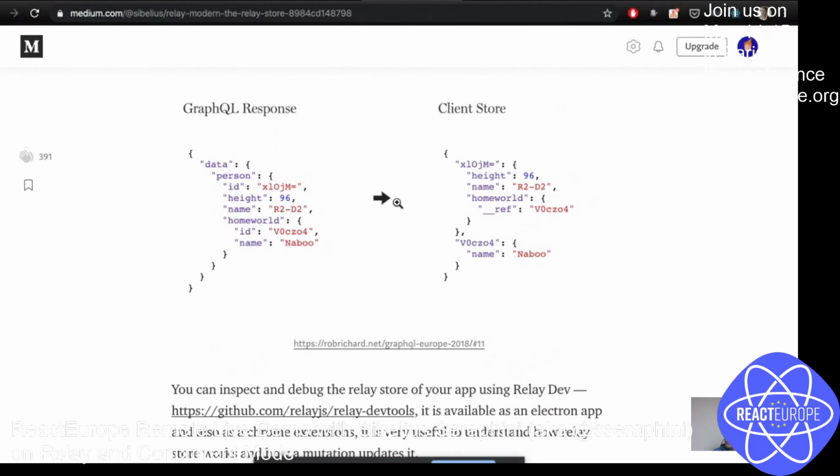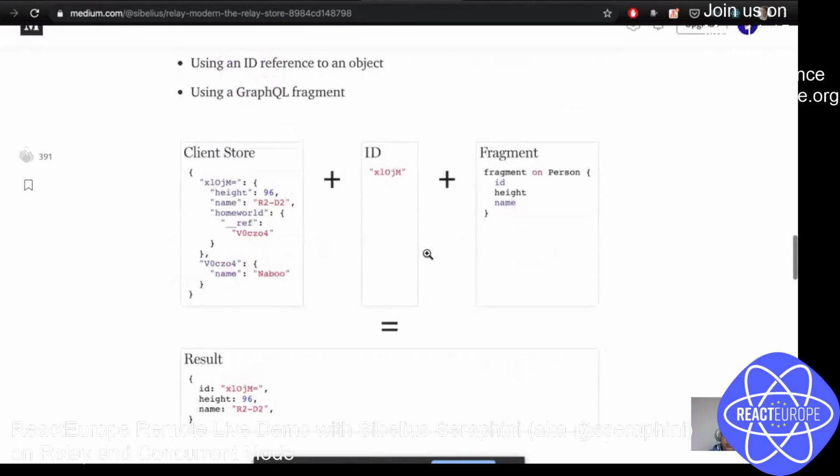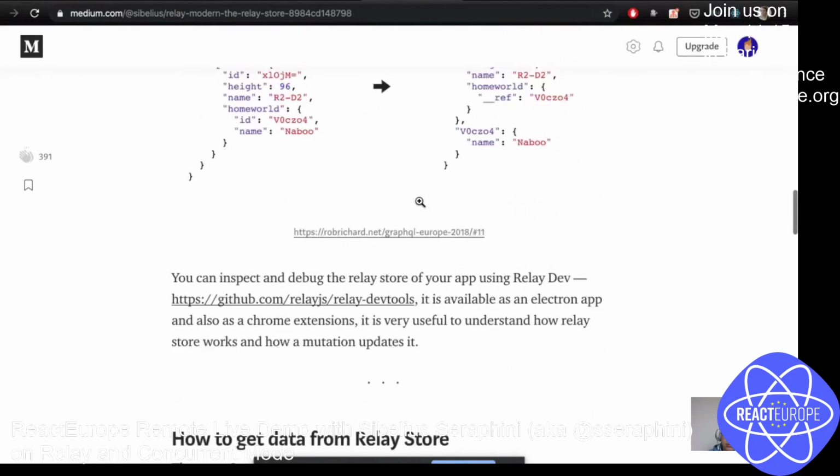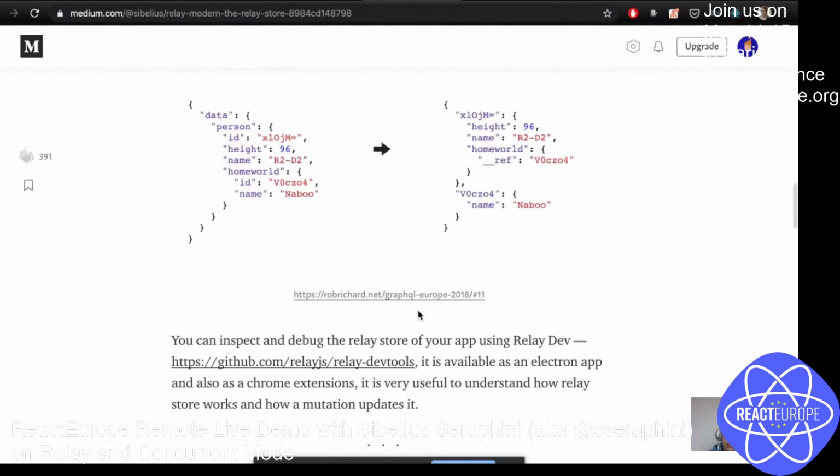Instead of storing data like this, it's gonna store data based on the ID of the node. So instead of looking for a person, you look for the ID and get here, and then you can just have references to this. So it's normalized. So when you update one item, you're gonna update all the items that reference it. I think Jan made a great talk about this at GraphQL Europe 2018.